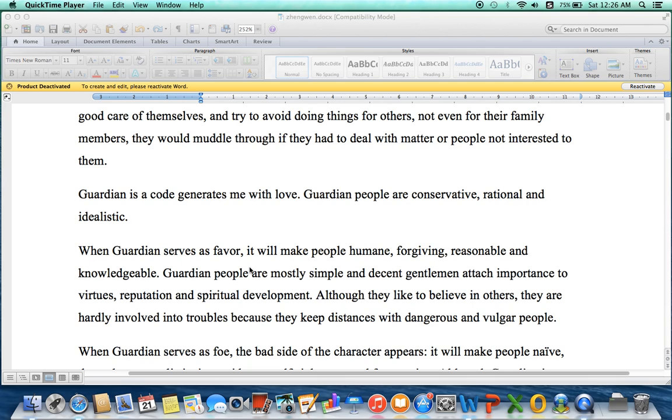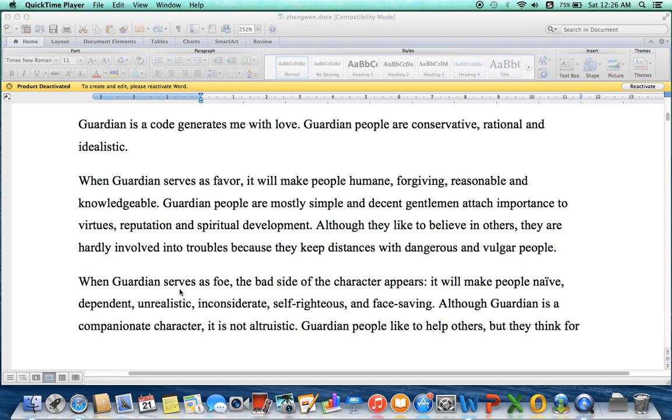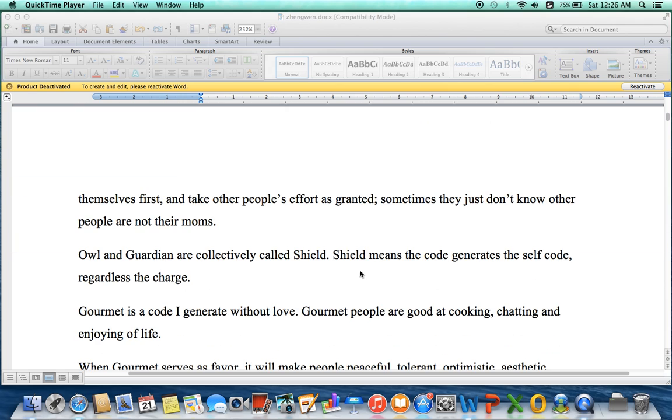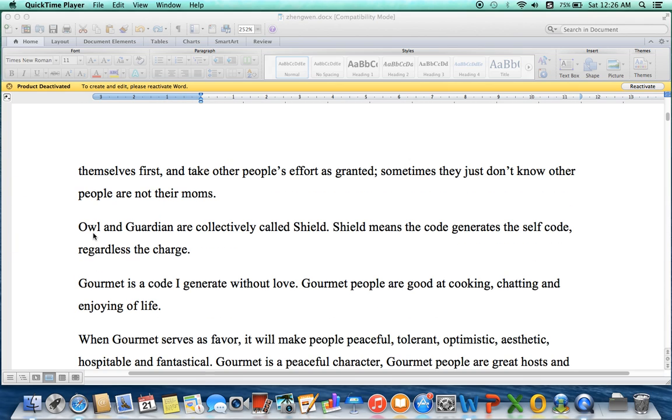When guardian serves as favor, it will make people humane, forgiving, merciful, reasonable, knowledgeable, simple, and decent, attach importance to virtue, reputations, and spiritual developments, something like that. When guardian serves as foe, the bad side of this character is naive, dependent, and unrealistic, inconsiderate, self-righteous, face-saving, something like that. And owl and guardian,